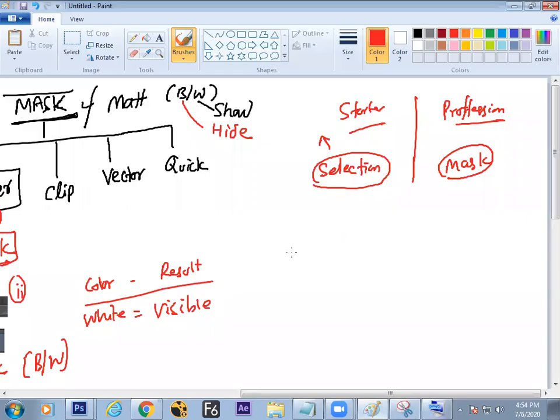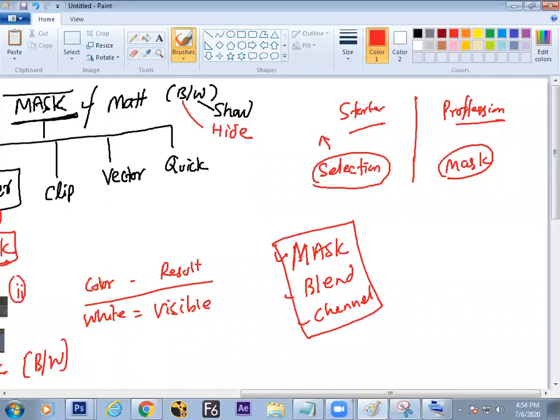Four things: mask concept, blend concept, channels. Where big money is, I'm ready to open. This is the place where challenging tasks are. If that is understood, then Photoshop goes to the next height. Out of that, this topic we are covering. Initially we just took some time to make the mind understand the initial tools, but those are not big tools, and you can handle them easily. But the thing to be understood is masking.